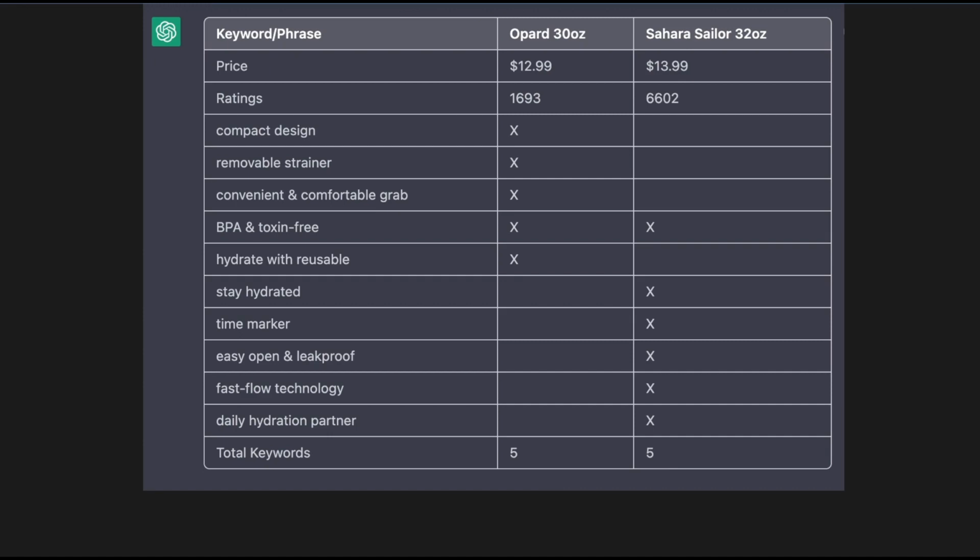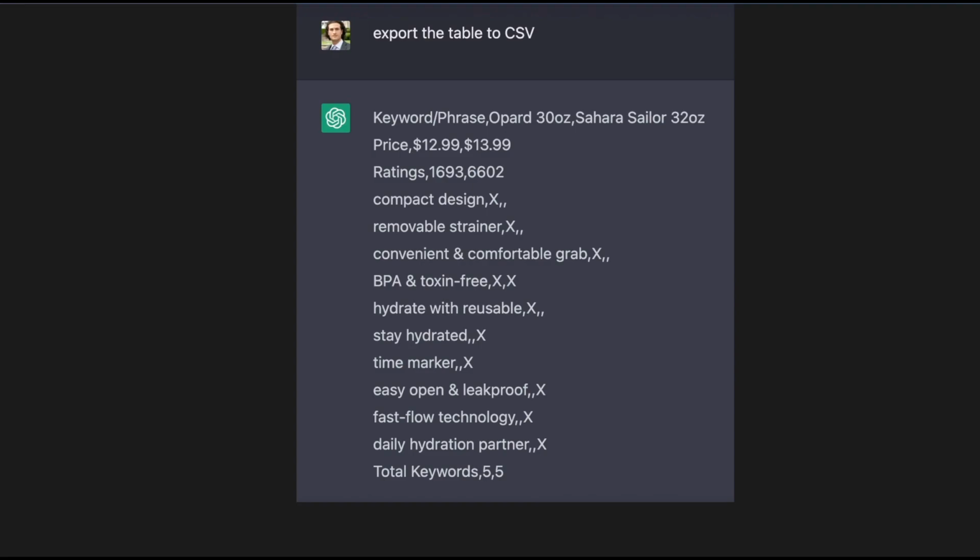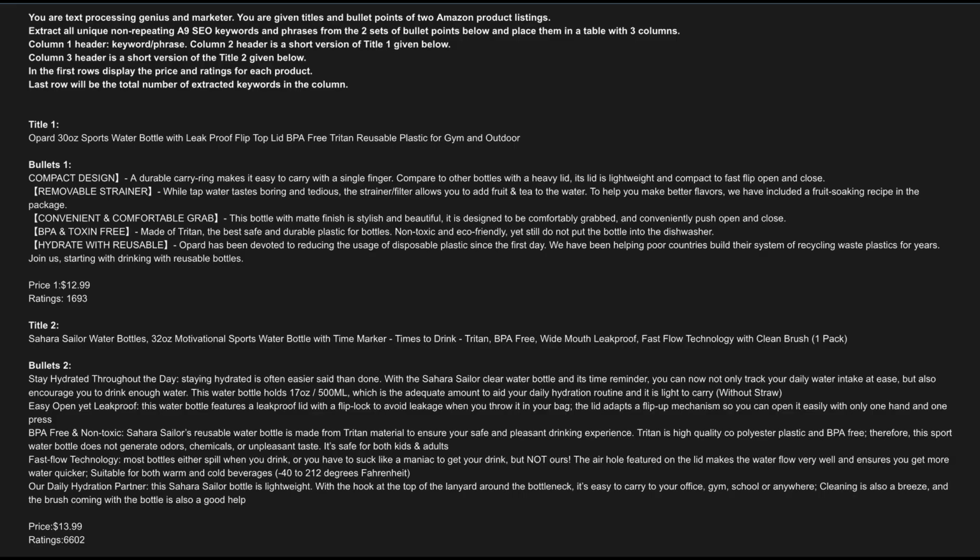Basically, if you think about it, this replaces a lot of the tools that we need, like Chrome extensions, SaaS services, software services that are making this stuff. You can process all of your reports, like PPC reports, brand analytics, you name it.